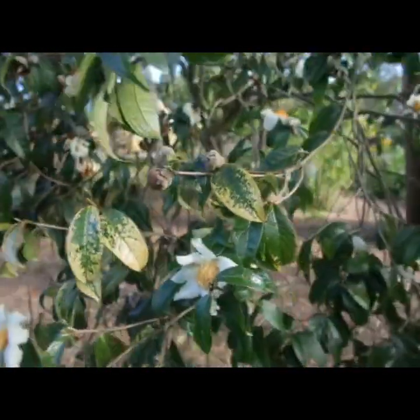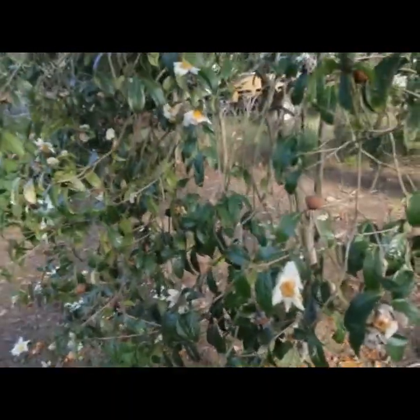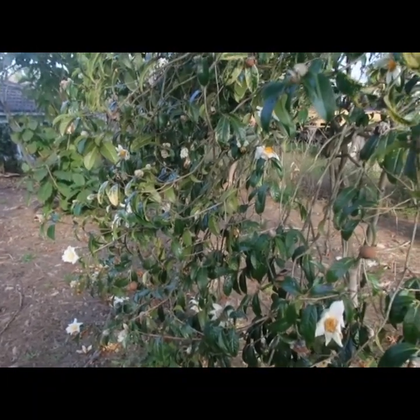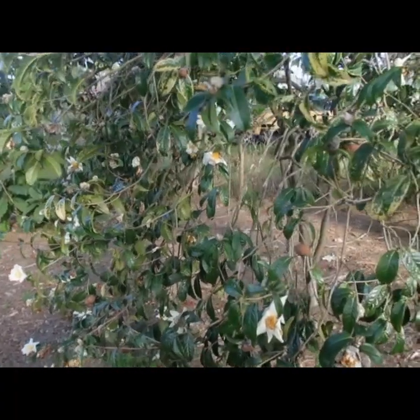I bought this plant almost 30 years ago, I think, and it was very rare. It was being sold by a person who had a nursery who was retiring, who collected rare camellias. Now Granthamiana, the camellia here, was